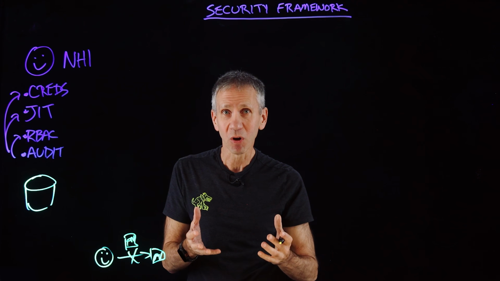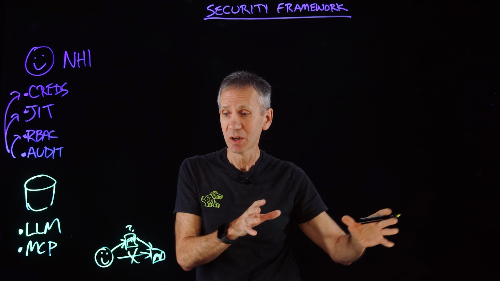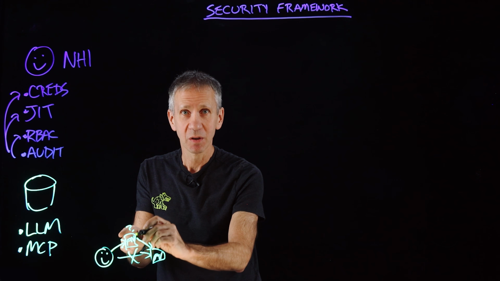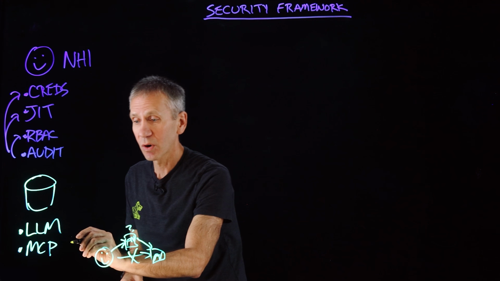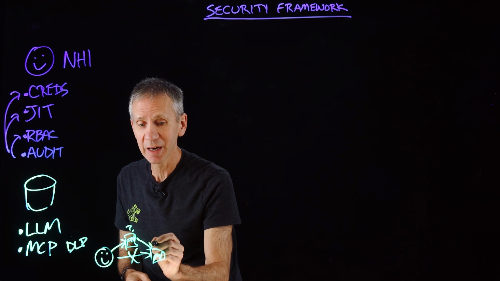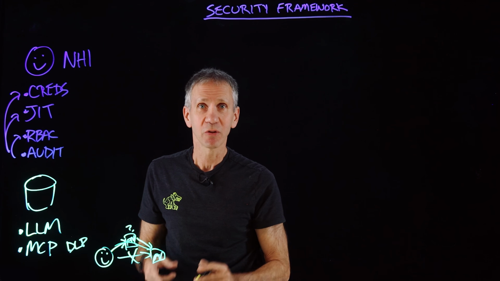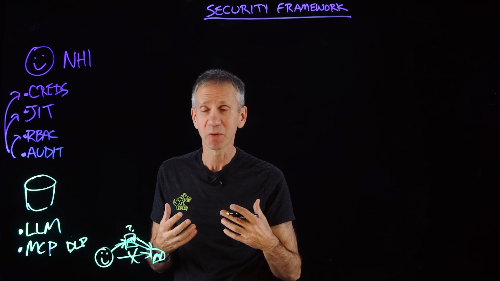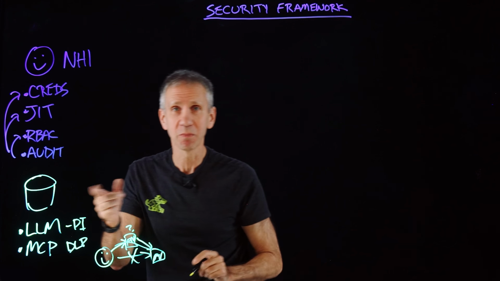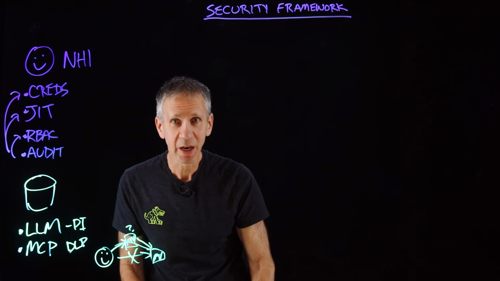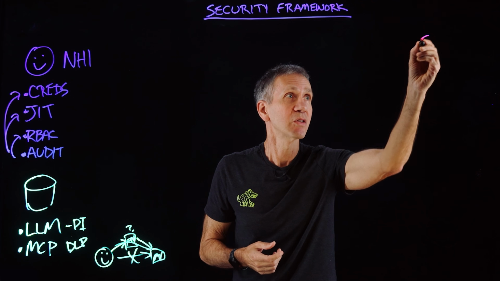But also, we could do this for MCP, for the protocol where we've got an agent talking out to a tool or a service. We could have it come through this same firewall, this same proxy. We could be looking, in this case, for instance, for data loss prevention. If we see data coming back out of the system through an MCP call, that might be something we'd want to know about. And I gave an example here already of prompt injections that we might want to be detecting there.